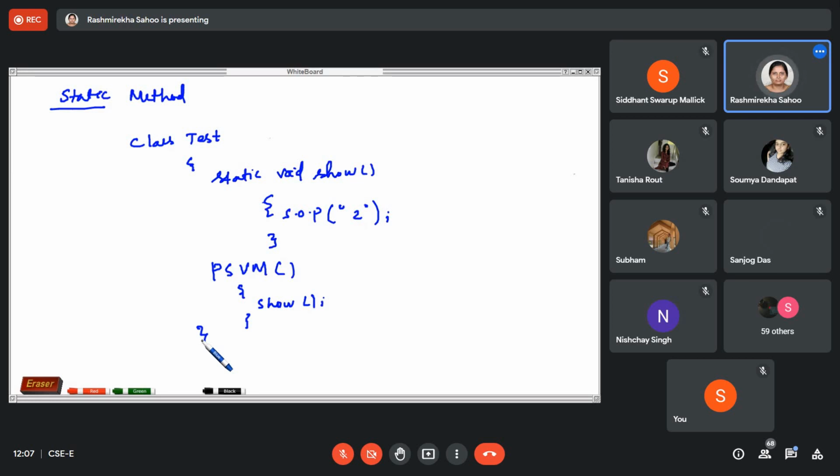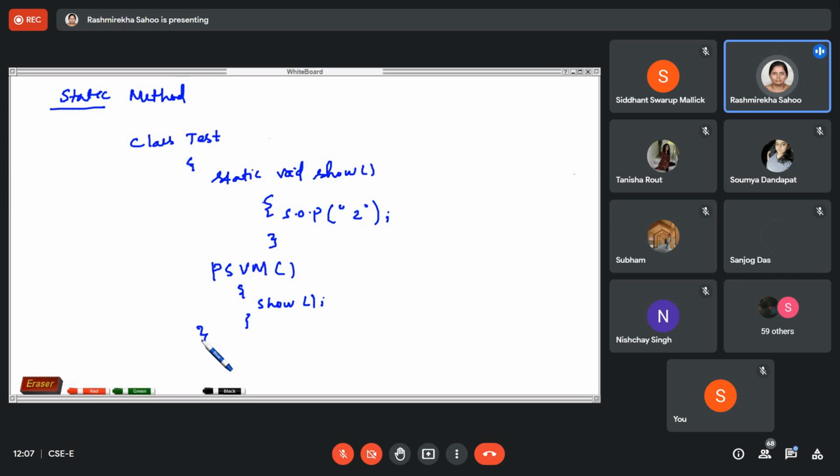Then create the object of class test: Test t equal to new test, then t.show. Yes, ma'am, working fine. Okay, so the main thing is that we can call it through its class name.